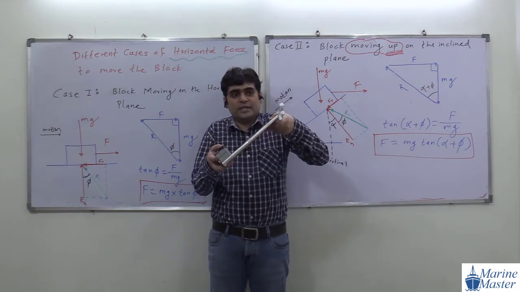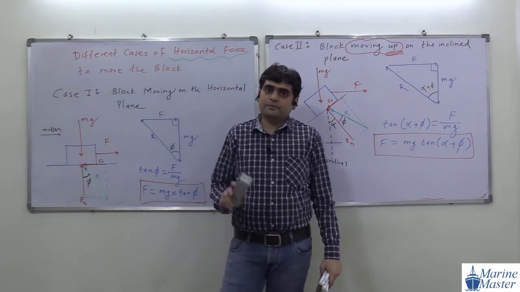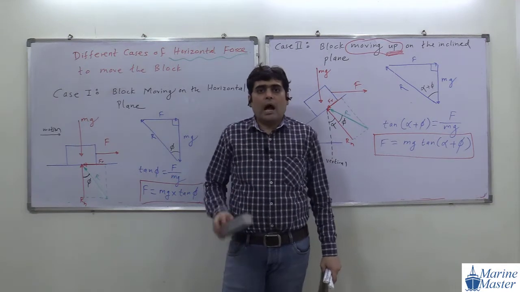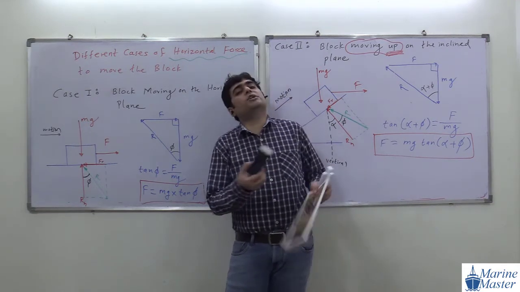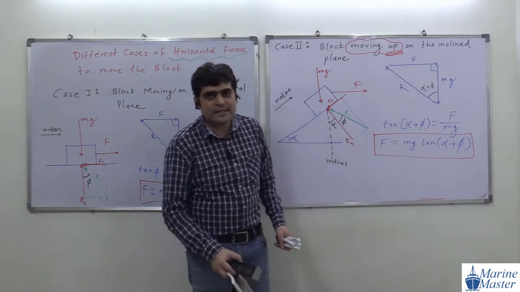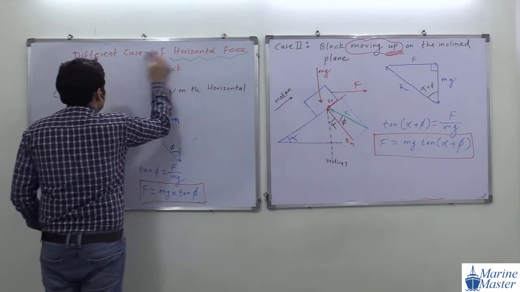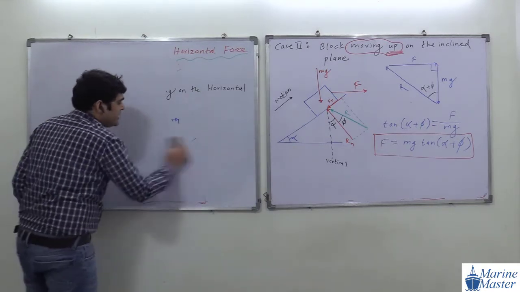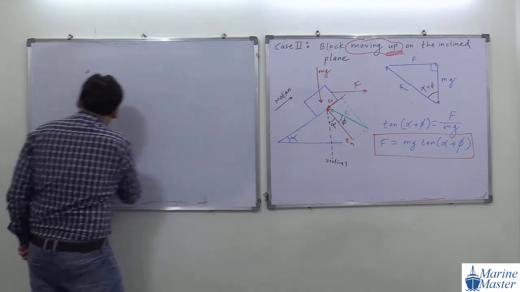But in this scenario, if the value of alpha is higher, then the duster will go down. Then how do we classify when an object will go down automatically and when it will not? Guys, see the point here. How to identify? I am going to explain a very important case, and what the meaning of angle of friction is, because this is very important.